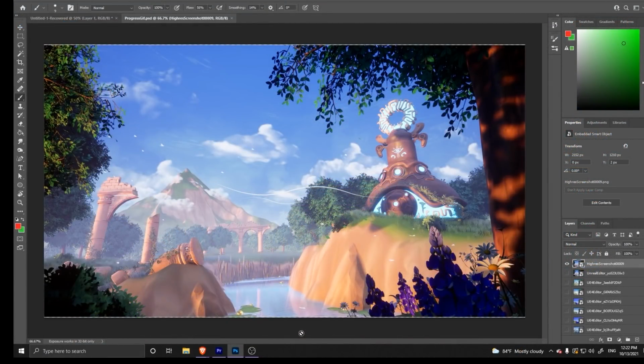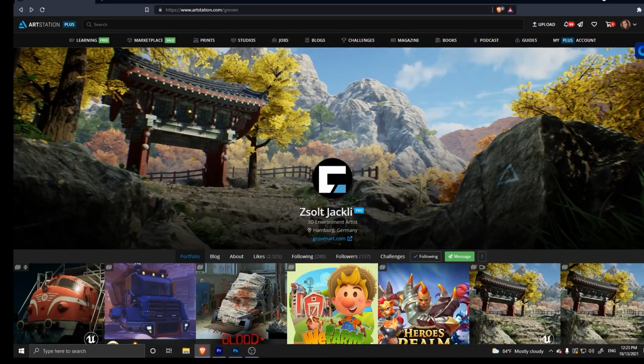For this piece, I knew from early on that I just wanted to have a few pieces in the scene, and I wanted the main focus to be on the shrine. So I started thinking about how I could better lead the viewer's eyes toward the shrine, and also how I could frame the scene. While I was thinking about my composition, I did receive some really valuable feedback from Zolt Jackley. I'm really thankful for that, and I'm sorry I probably butchered his name.